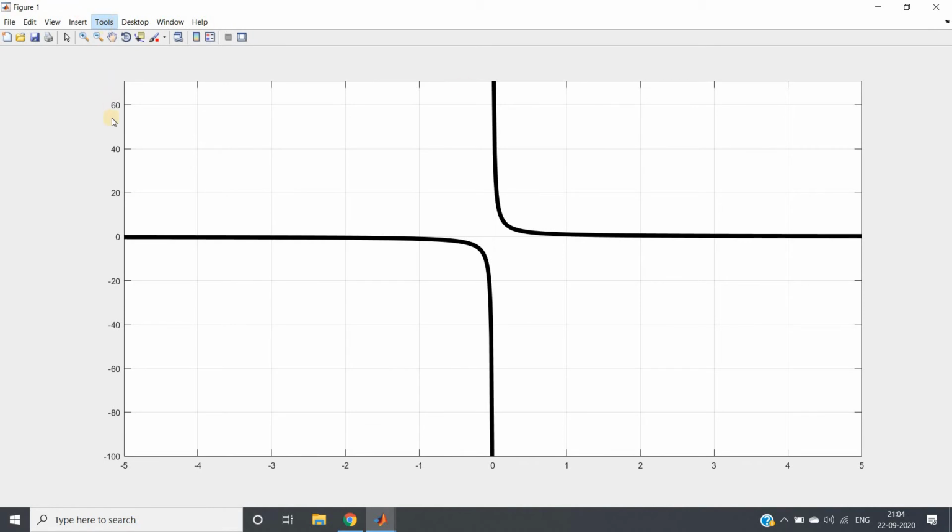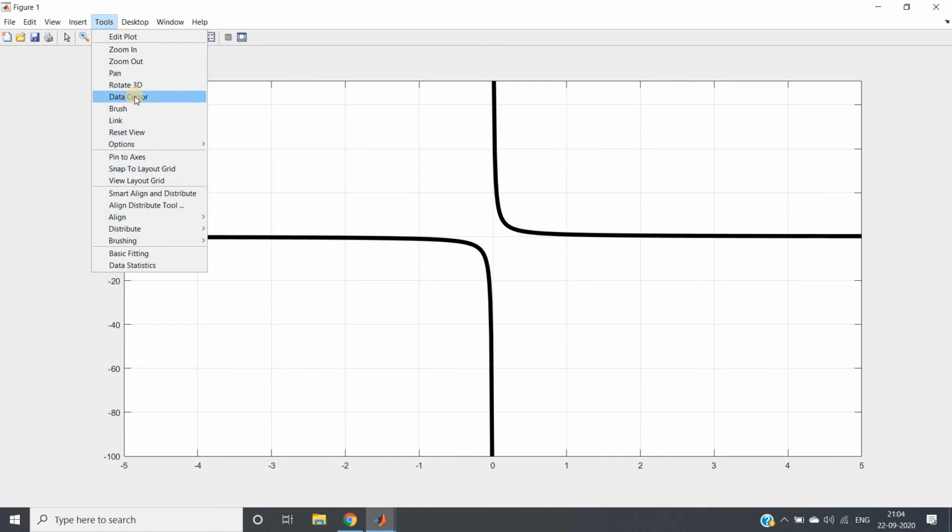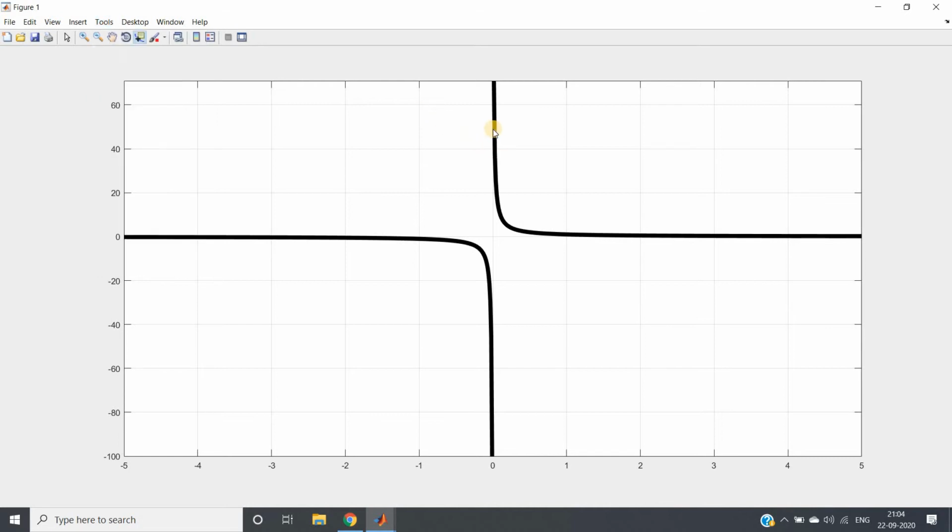So let me go to tools and show you how this particular reciprocal transformation is working. I will select the data cursor. So you can play with these tools. Try to feel the concept, try to visualize the concept, then you can play with the data in a data science project in a very good way, right? So I am putting my data cursor here. Here x value is very small, y value is quite high, but if I increase x a little bit, see, as x increases by a small amount, y is decreasing drastically, right? So what do you conclude? That this is very powerful compression.